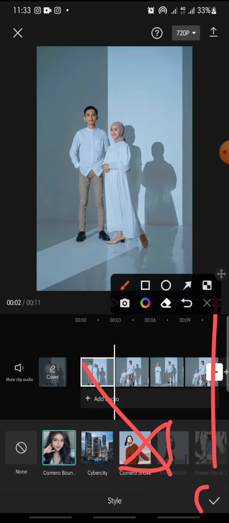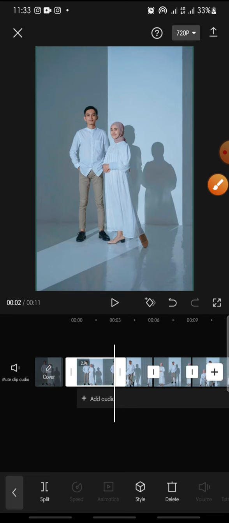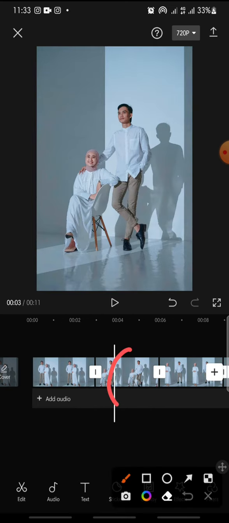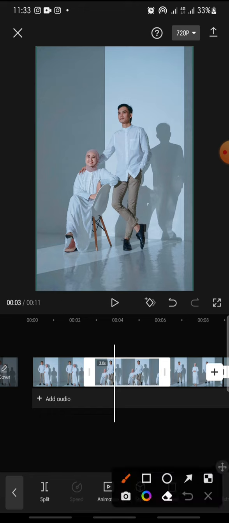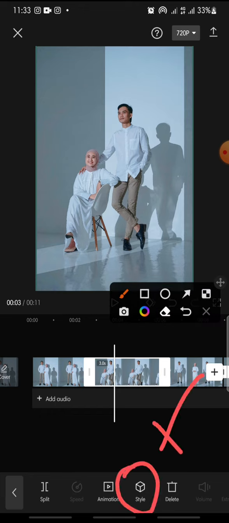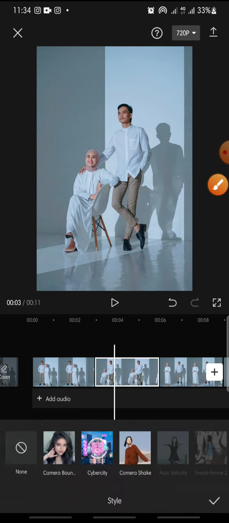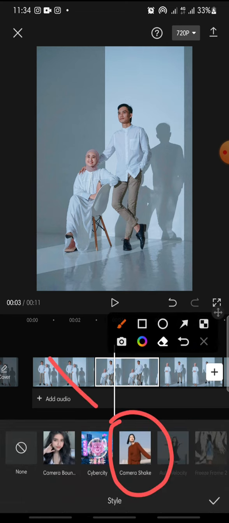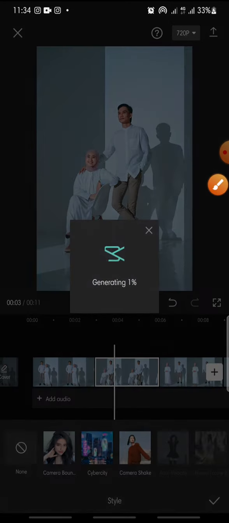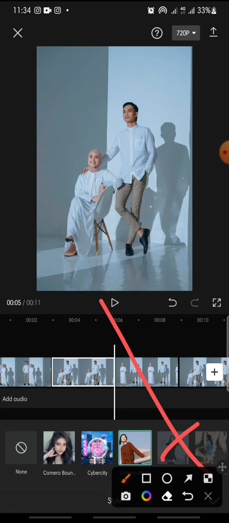Sorry, this one. And now you can click on the second photo, this one, and after this you can add a style again. Click on it, and in here I wanna add a camera shake effect, this one. Click on it and please waiting. Okay, and after this you can click check icon in here,